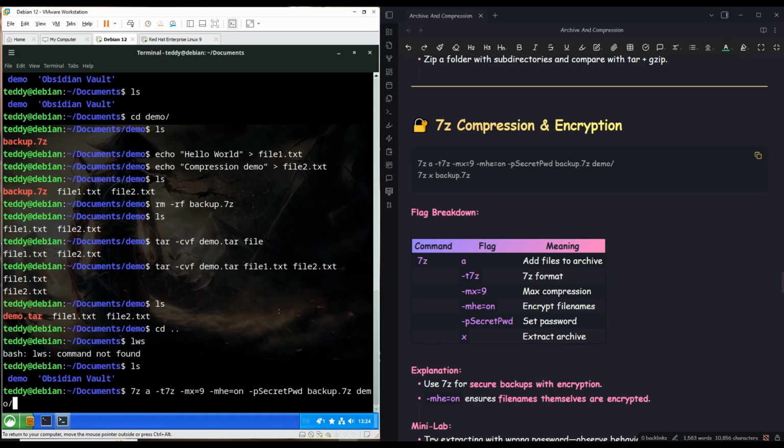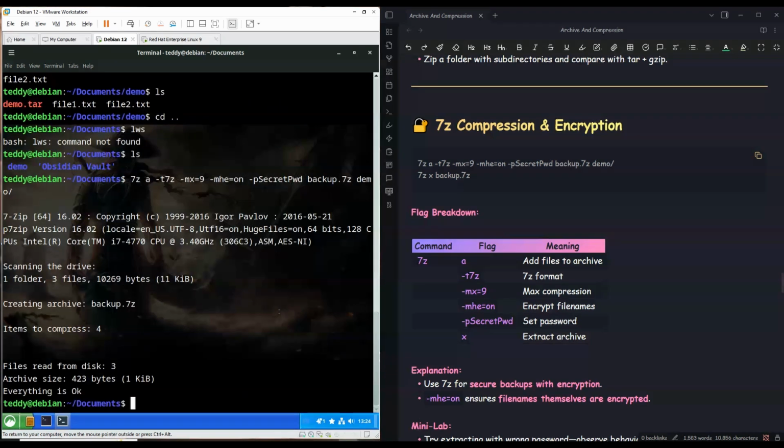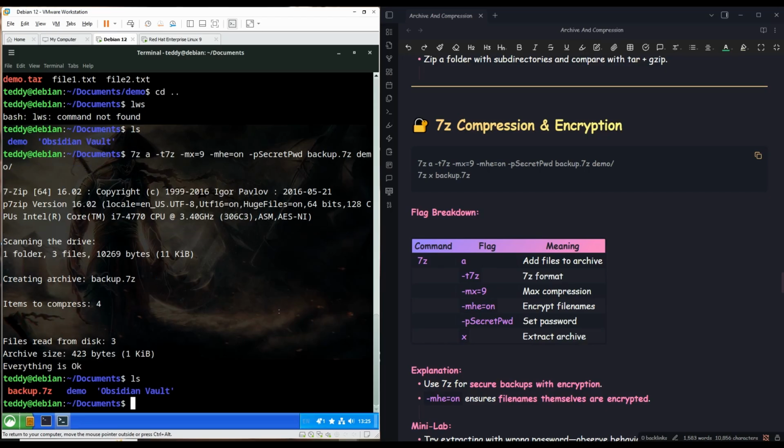If you press up, you can see all the past commands. Okay, so this is the command that we need: 7z a -t7z, max compression, encryption is on. The password is going to be secret password, backup.7z, on the demo. So now you see, it said "no items to compress" before because I was not doing it the correct way. So now if I press ls, we have a backup.7z, which is going to have